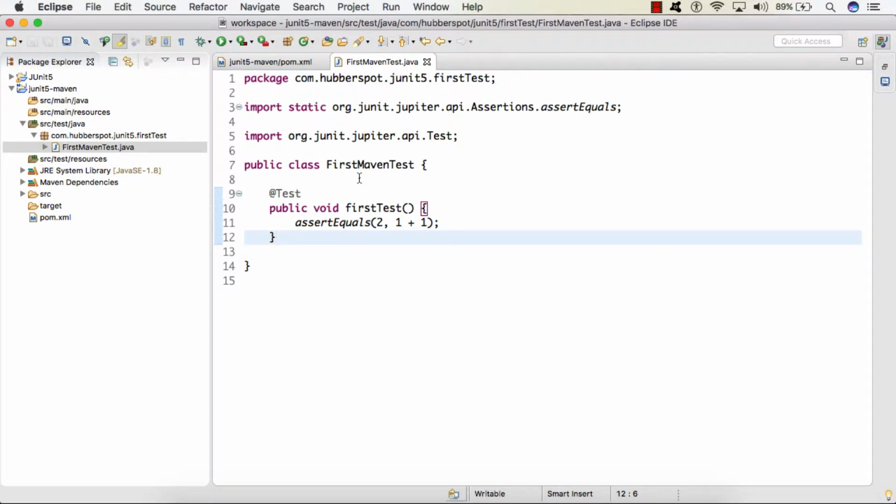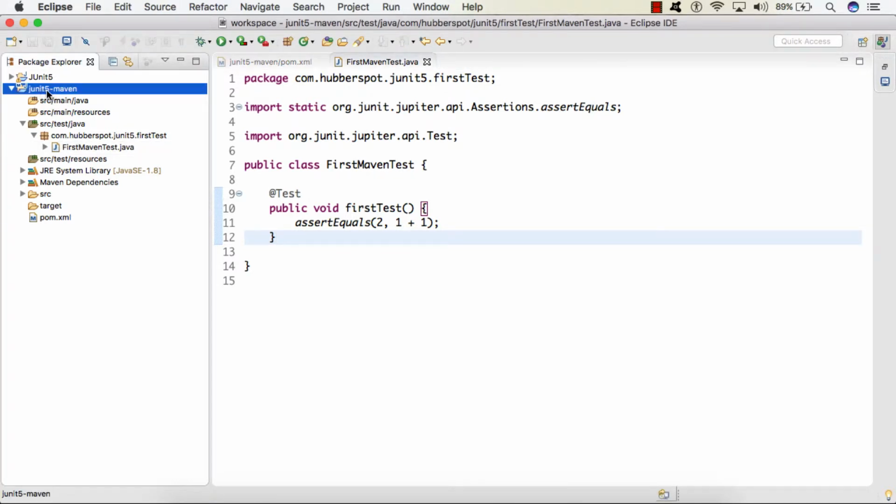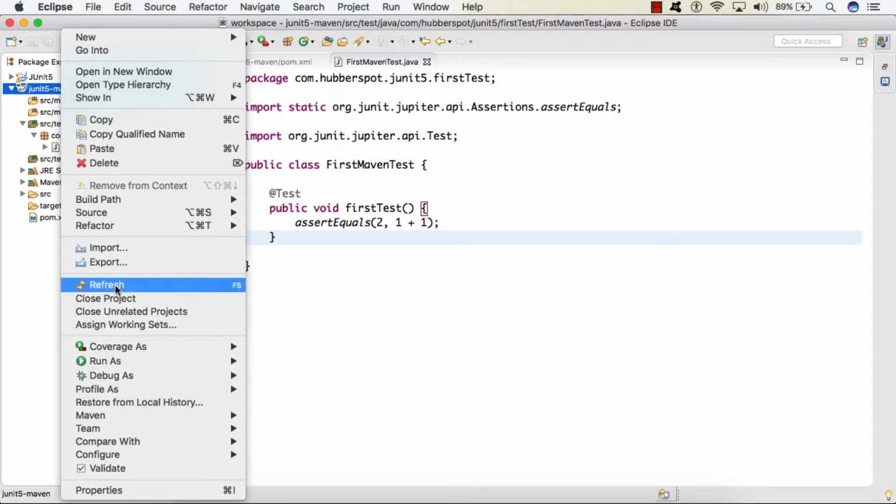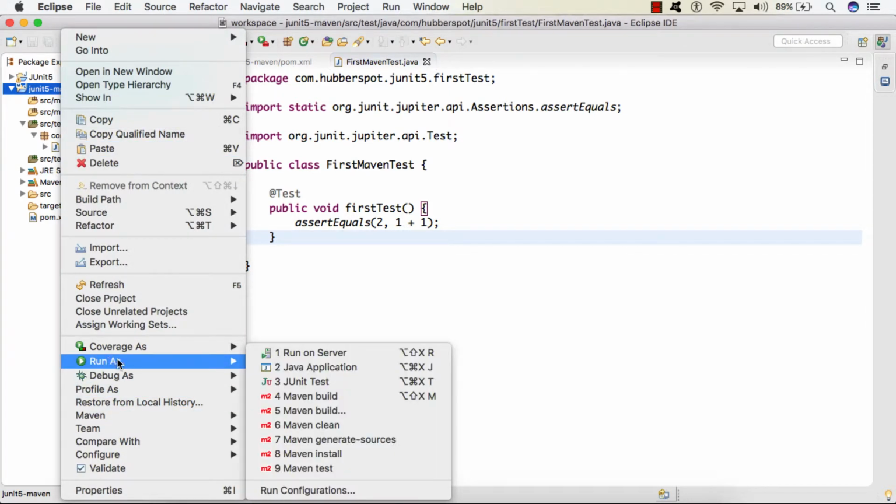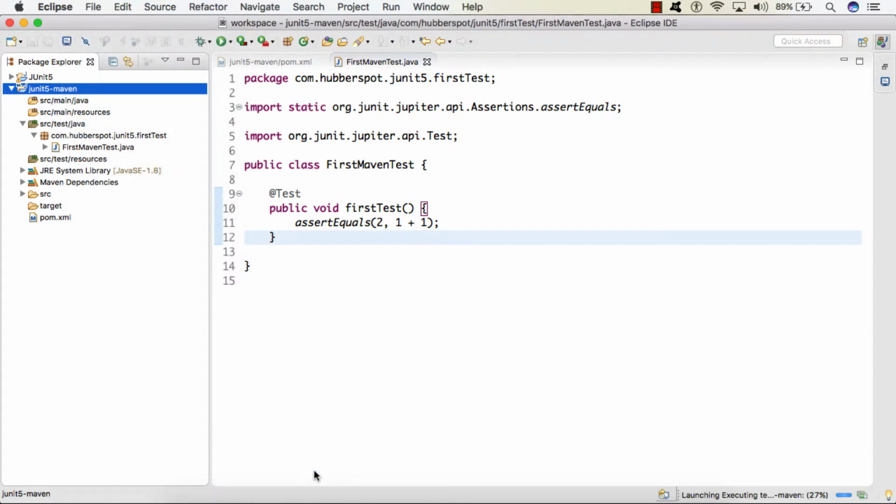Now let's execute this first test using Maven. In our JUnit 5 Maven project, we'll go to Run As, and here you can see that it has a command Maven test. Run it as Maven test.